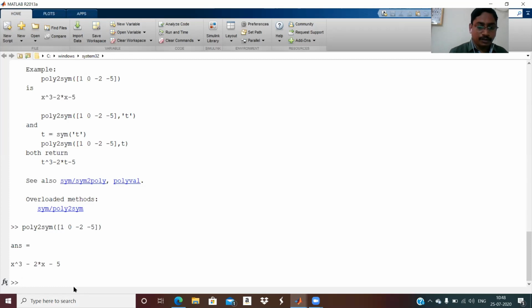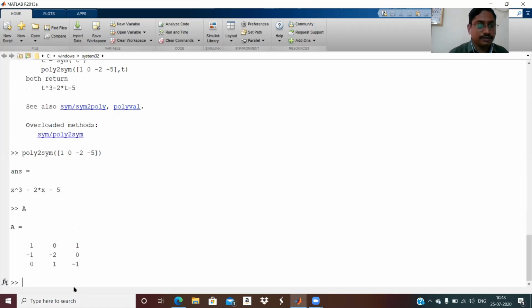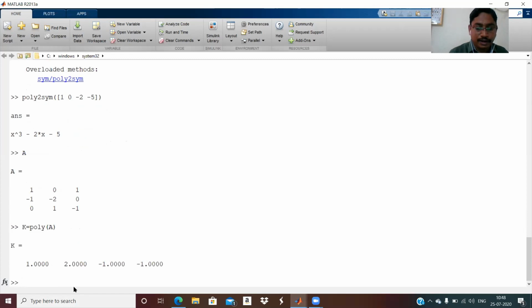So what you do, you just give matrix A first. This is your matrix. You can find its characteristic polynomial and give it the name k. k equals the characteristic polynomial, and now you apply the poly2sym command on k.